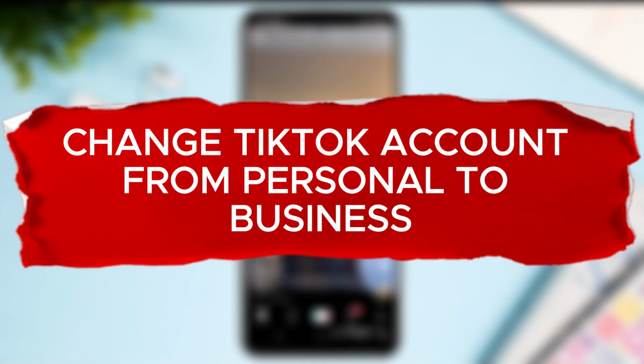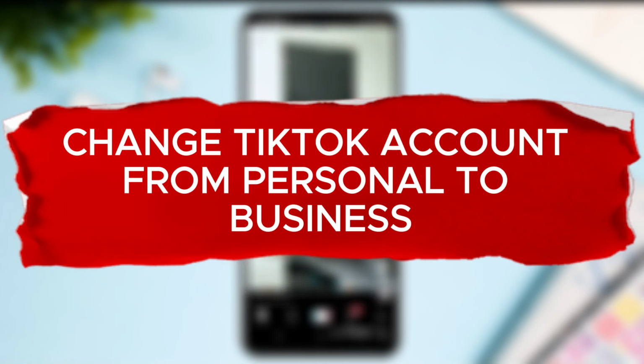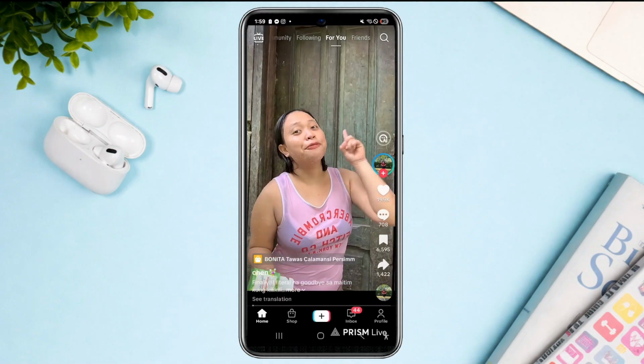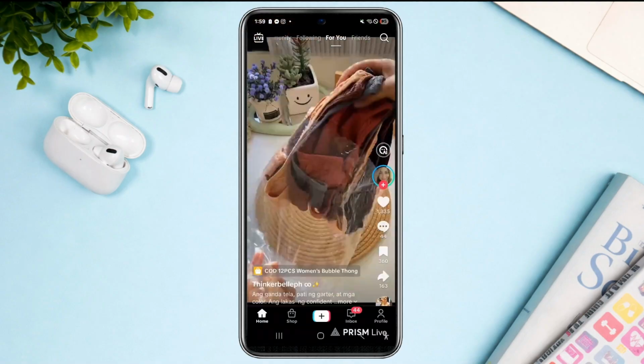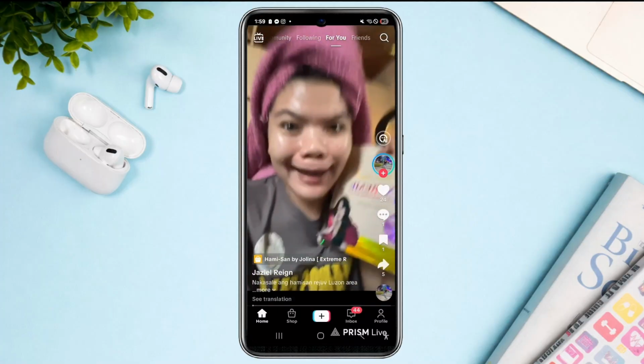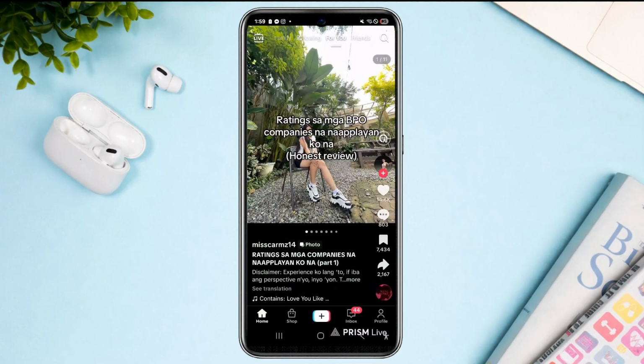How to change TikTok account from personal to business. Now, in this quick video, I'm going to show you how you can change your TikTok account from personal to business. So first is, of course, pull up your TikTok application and make sure that you're logged into your